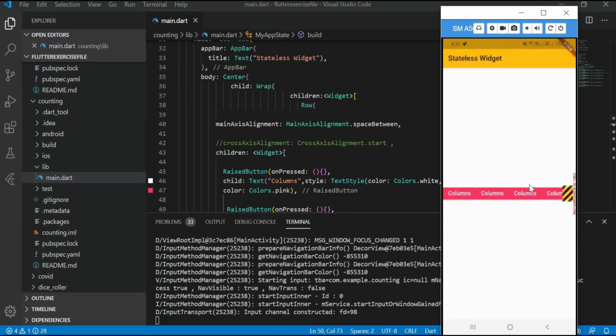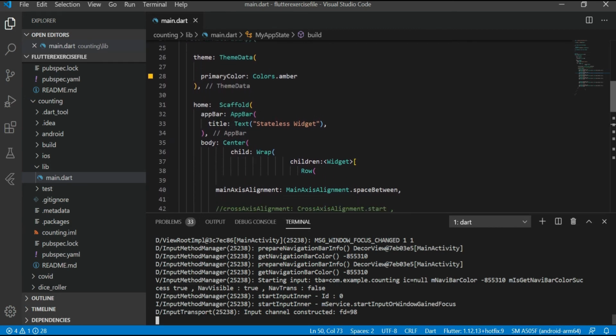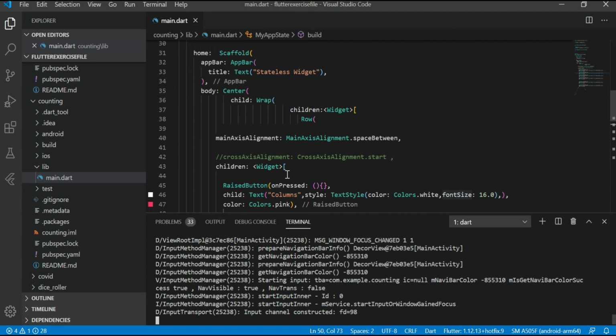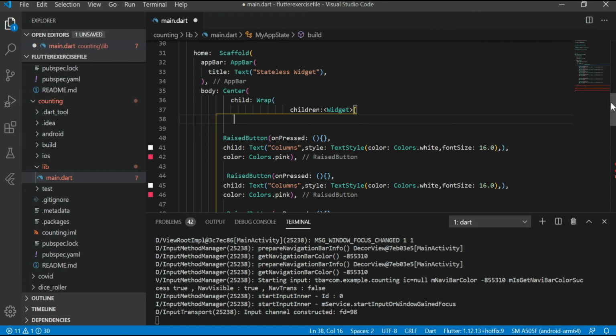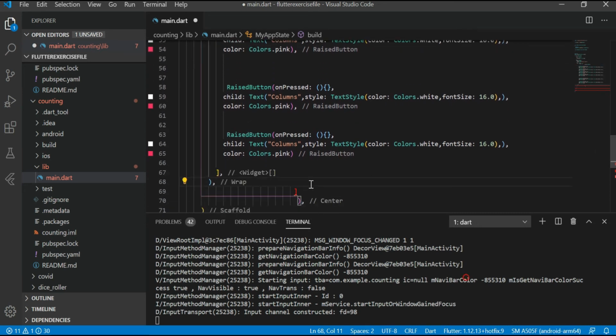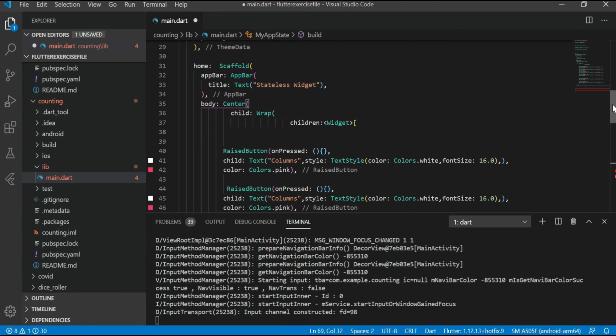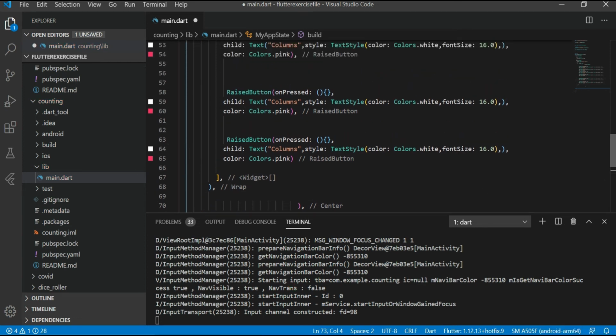Now as you can see, we are using the same scenario for your better understanding of what is wrap, like we did in fitted box. And this time we are going to remove this row. That's perfect. And again, if you have more widgets and less space like this, just wrap the widgets inside this wrap and you will see the remaining buttons align themselves. Just wait, I'll run the app.